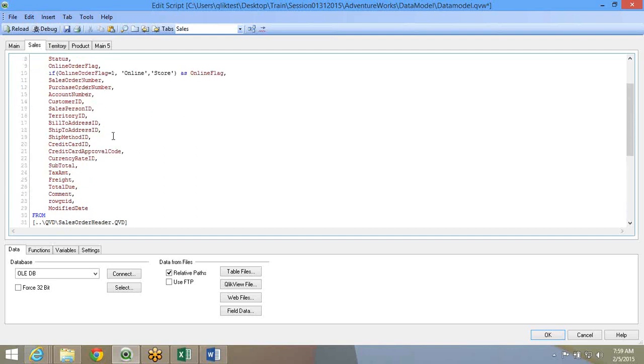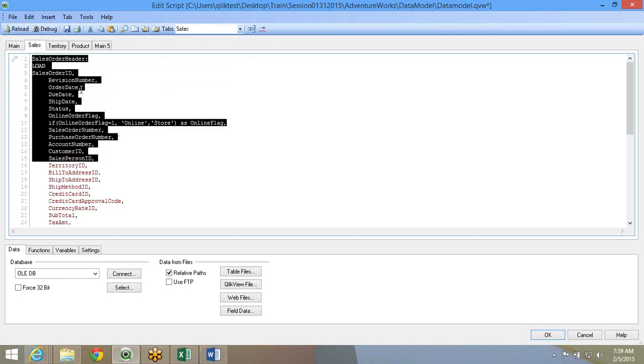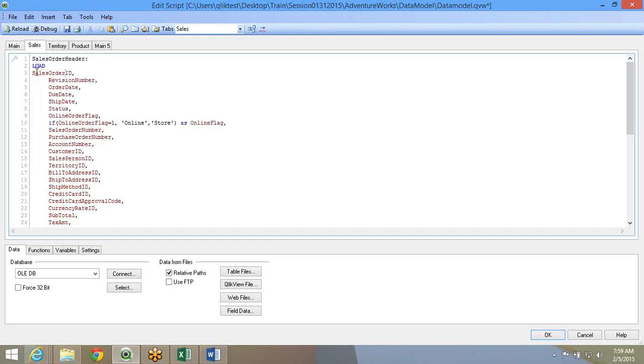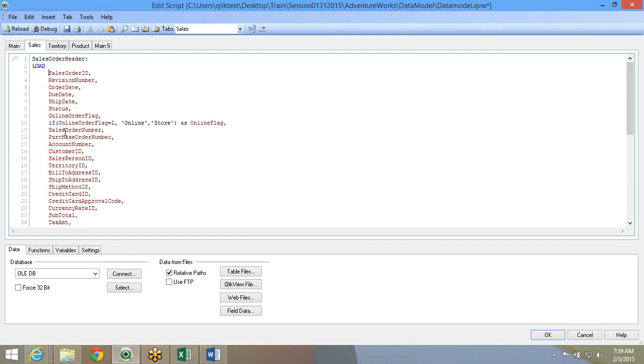Now you know that the script is executed sequentially. So it goes from the top, from the main tab, sequentially. It will load the sales order header. Once the data is in memory, when you load sales order header, QlikView won't store this as a table. It will store it as separate columns. So individual columns become, like sales order ID becomes one column. It will have only the unique values. Territory ID becomes a column. It will have only the unique values. It's basically a columnar methodology in memory.